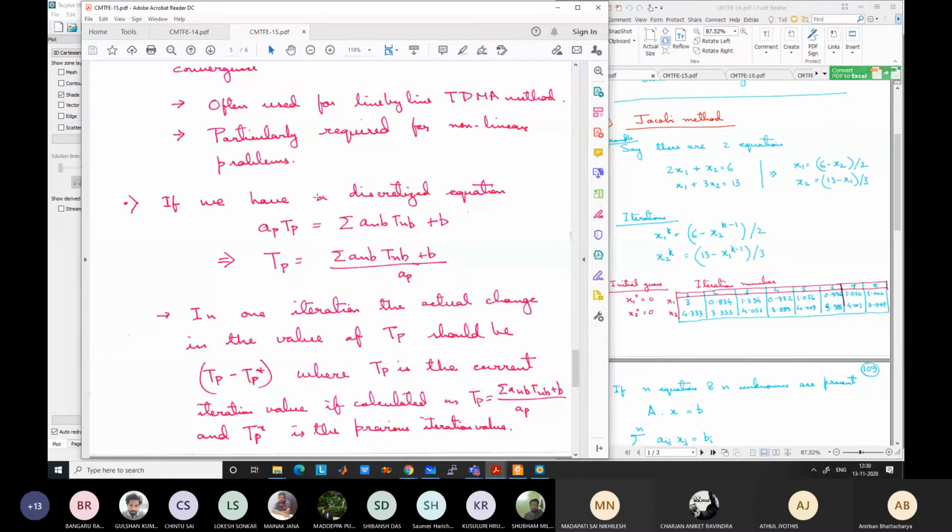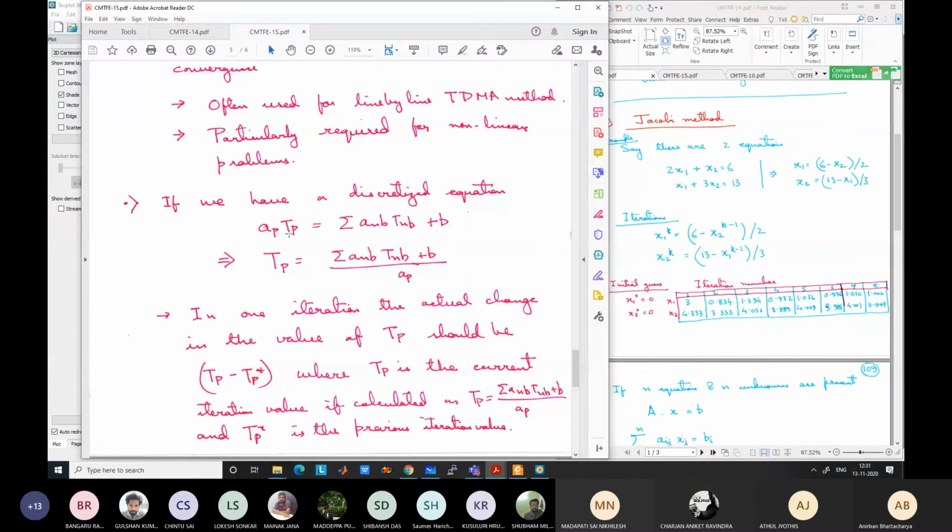This is true for any discretized equation, whether it is a transient problem, steady state problem, conductive means diffusive problem, or convective diffusive problem, which we will encounter later on, or has a source term or does not have a source term. All the problems have somewhat similar form. Okay, unsteady problem, maybe the B will become 0 if there is no source term at all, and it's a steady state problem. But ultimately, this is the form.